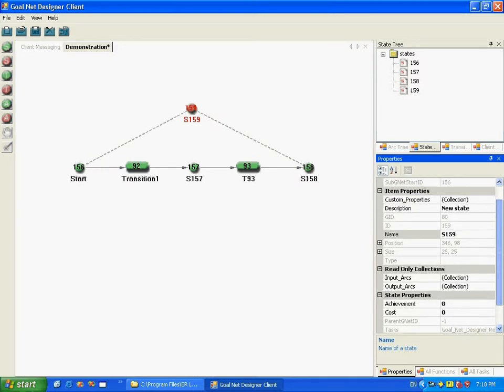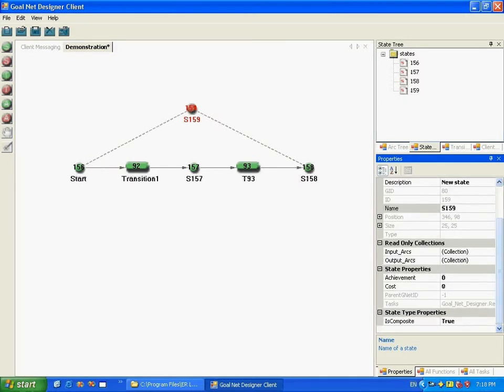Composite states also have some properties. It has this property called is composite. It actually is present for all the states. This enables the user to change a simple state, atomic state, to a composite state, or vice versa. For example,